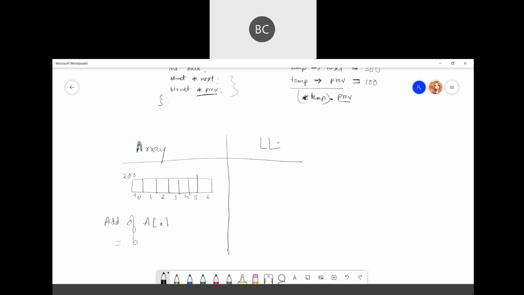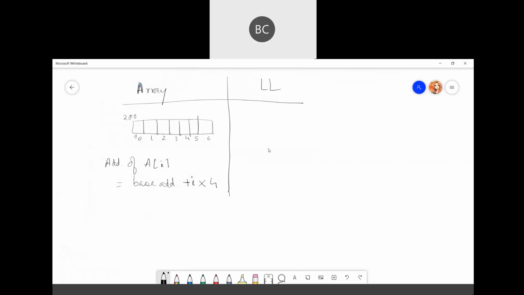We will simply find the base address plus I, which is the index, into, now it will depend what type of data you are storing. If you are storing integer type data, it will take 4 bytes. If you're taking double type, it will take 8 bytes, and so on.